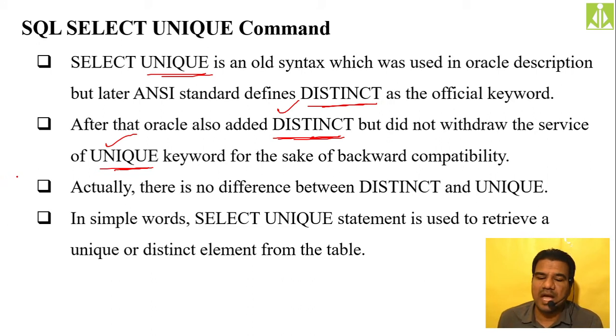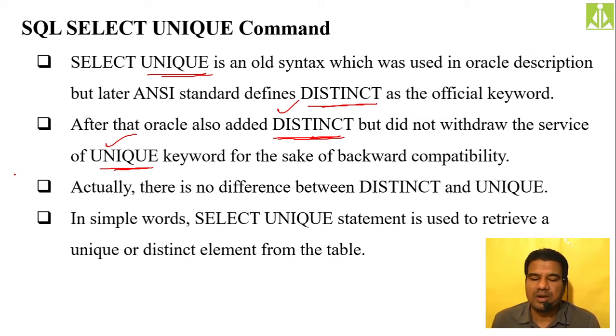So what this distinct or unique will do is they will basically select the distinct elements from the table. If you have repetition, if you have duplication in a particular column, they will simply remove the duplication and select the unique values. Let us say employee names. If you have more employee names as John, or more employee names as Robert, then what it will do is select only one for multiple duplications. Whatever duplications you have, it will simply remove those. So when we practice, you will understand.